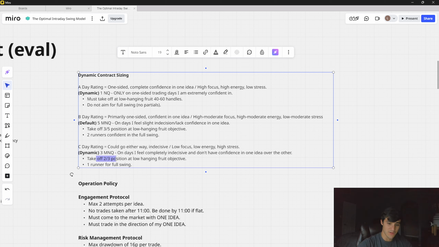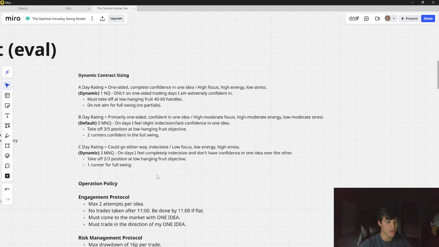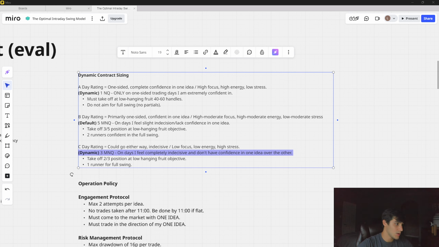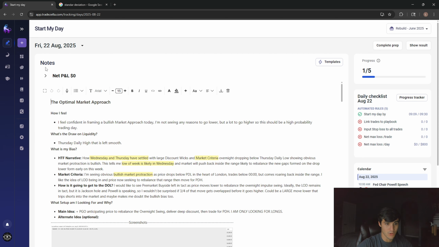I'm going to take 2/3 of my position off at the low hanging fruit objective, meaning I'm just trying to lock in equity for 40, 50, 60 handles. That's it. And I'll leave one runner on for the full swing. So on these days, I'm definitely going to be sizing down. And I'll give you an example of a C day, which was,